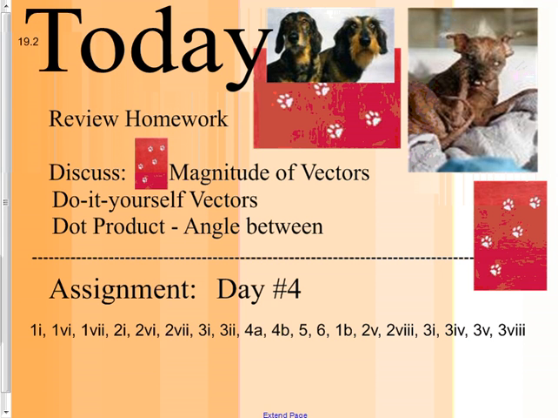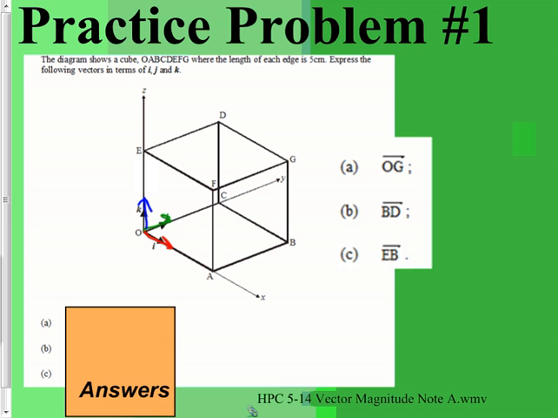Okay, today we have a lot of things to learn, one of which is called dot product, one of which is you're going to find the angle between any two vectors, even if they're in 3D. And that is a kind of complicated topic, so this one's not going to be super easy. We're going to start today with a little bit of review of yesterday,